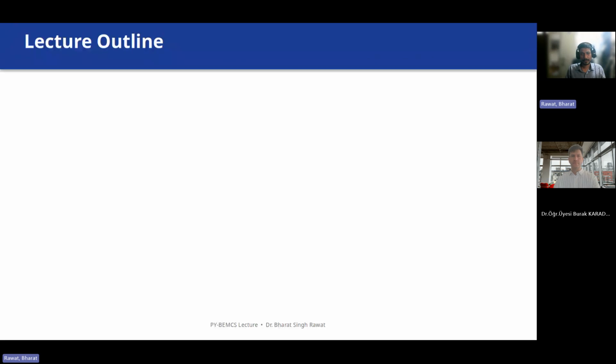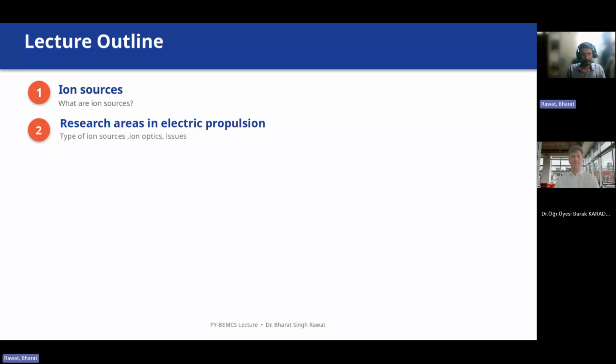To start, here's a general outline of my presentation. I would start with ion sources because ion optics are part of ion sources. In general, I would introduce different kinds of ion sources. Since it is more focused on electric propulsion studies, I would focus on issues related to electric propulsion and how the ion optics are designed specifically for electric propulsion application. Then I would go on to discuss some characteristics of 2-grid ion optics and some tools which can be used to design such systems.